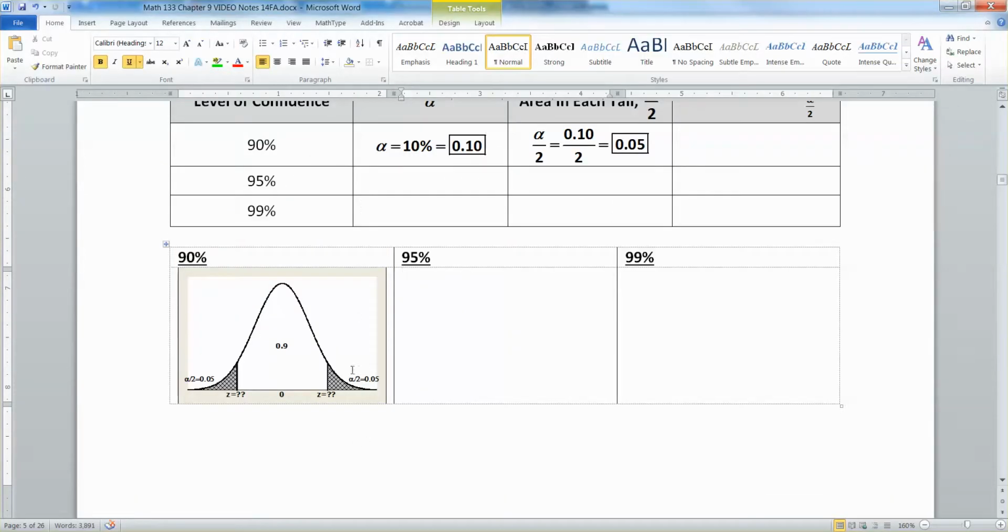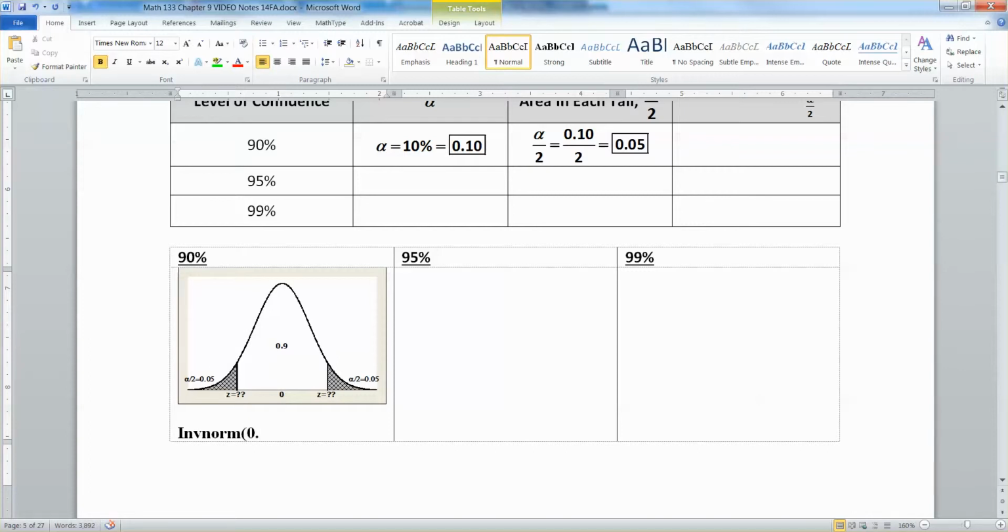And each of those is alpha over 2. So what you're looking for is these two z-scores. Well, you're really only looking for one of them, because if you know one, you know the other, because the graph is symmetric and 0 is in the center. So now how do we find the z-score from a given area? Well, we use inverse norm, right? So inverse norm,